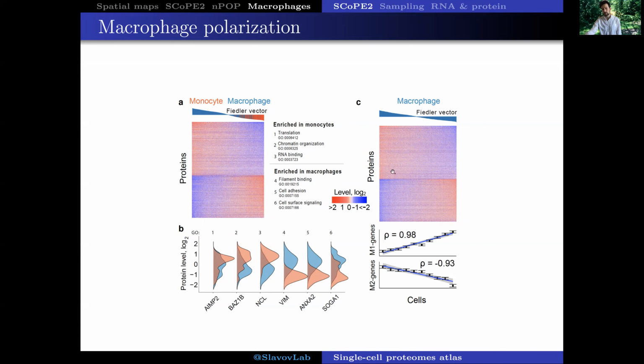So we looked at the functions of the proteins that are more abundant on the left or on the right of this cluster. And we found, as indicated below this panel here on the bottom, that there is almost perfect correlation to the abundance of genes that were previously identified as being M1 or inflammation polarization specific markers, or M2 for alternatively activated or anti-inflammatory macrophages, suggesting that this propensity of macrophages to differentiate into pro and anti-inflammatory cells is inherent to them.